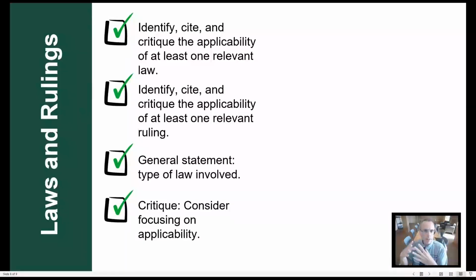Every problem is a little different, and since there are a variety of problems, there are different fields or disciplines of law to handle those assortment of problems. So you may want to have a sense of what kind of law is involved. And the other thing is, you want to keep your critique focused on the applicability of the law or ruling given the problem that you're digging into. Now you might be wondering how to do that. Well, let's go check out the suggested outline to figure that out.